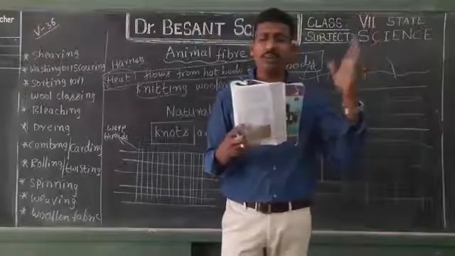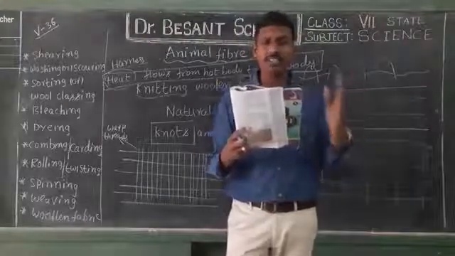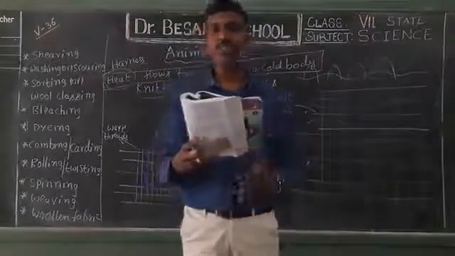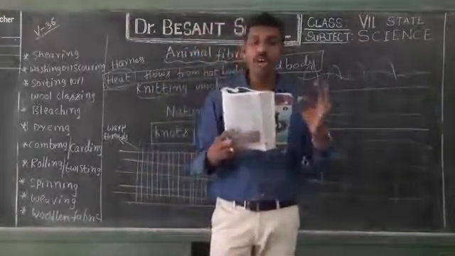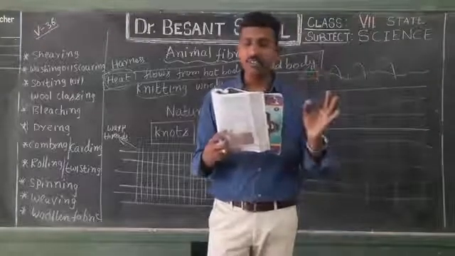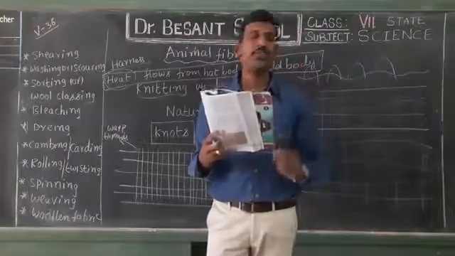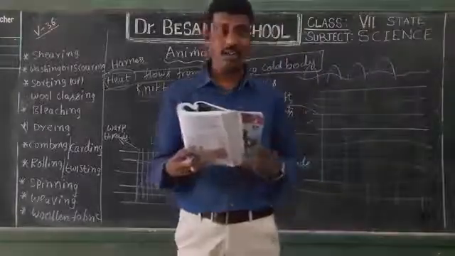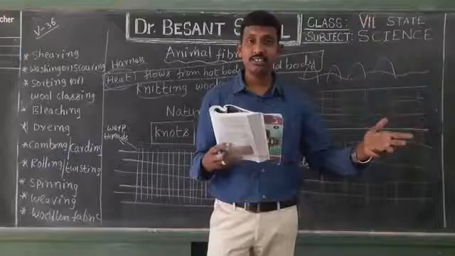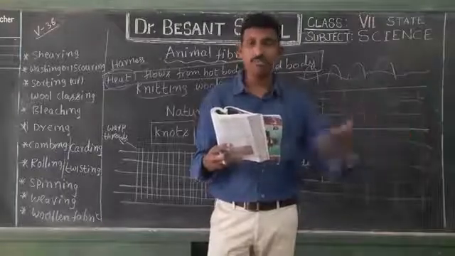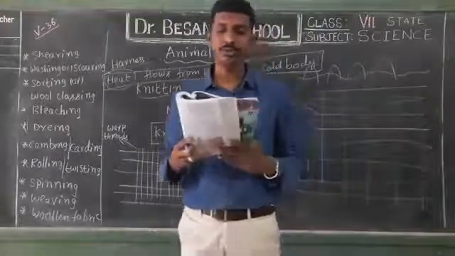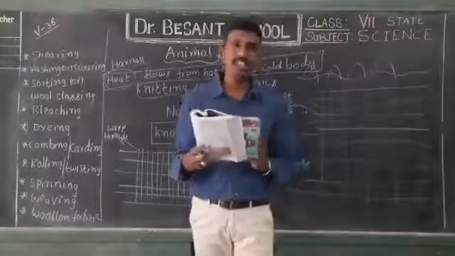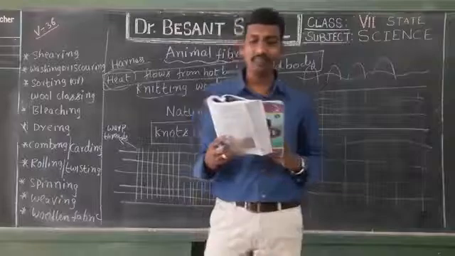Hair of animals like goat, sheep, camel, etc. are used to obtain what? Yes, woolen fiber. Angora goat hair is soft and is spun into different types of fabrics like shawls and sweaters, which we discussed already. Whereas the hair of the camel is rough and coarse. Removing of hair or fleece from the skin of sheep is called shearing.